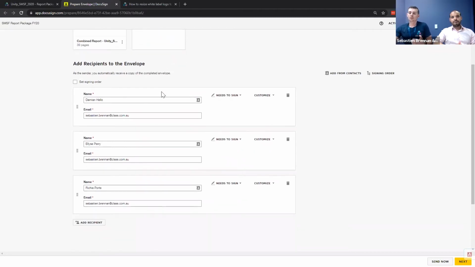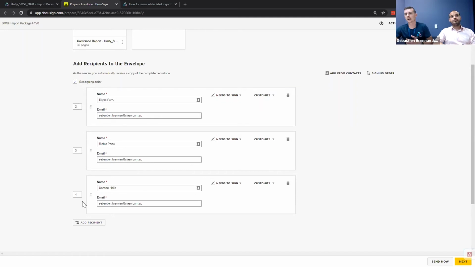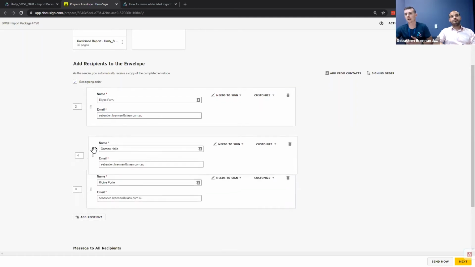So let's go through some of the other features that are available in the DocuSign portal. So the first one is that you do have the ability to set a signing order. And that's important because in this case, we can see we've got a tax agent and the two members. So the moment it's set, the tax agent by default will be signing first. My preference would be to have the tax agent actually sign this last. I'm going to drag, you can drag the